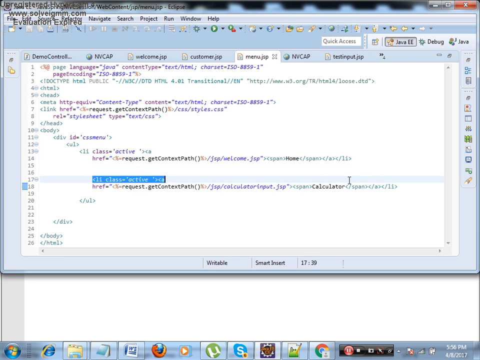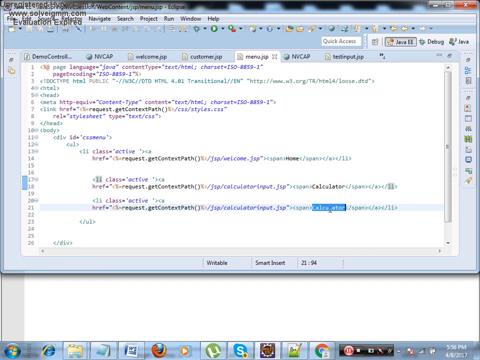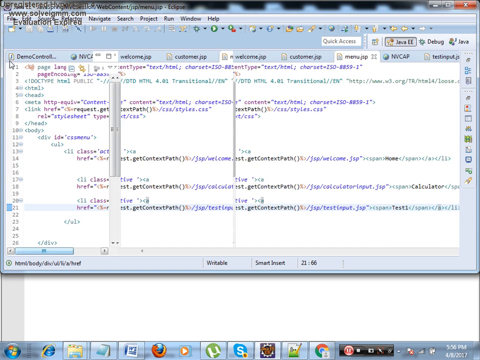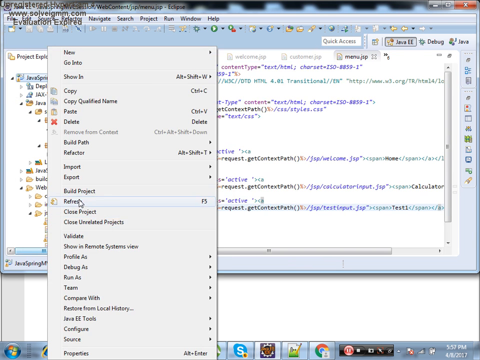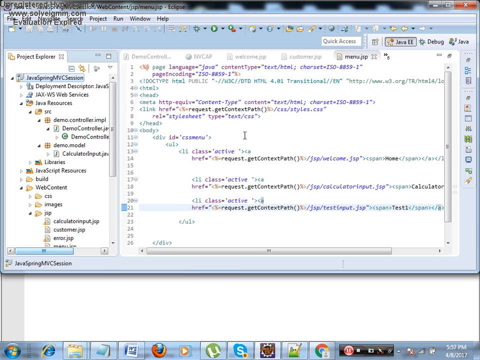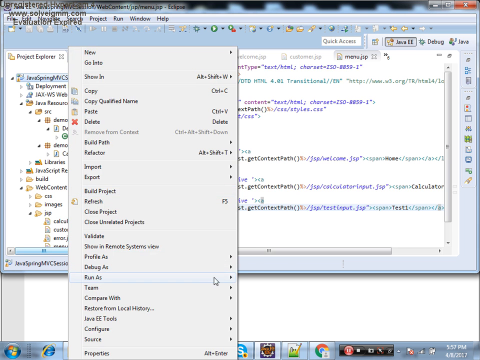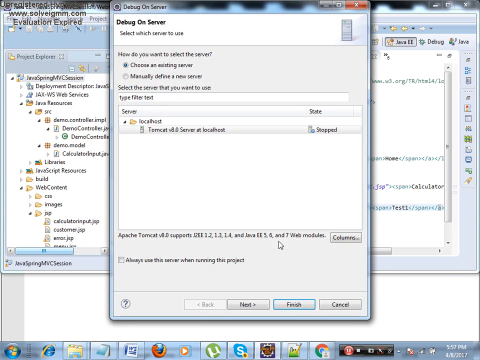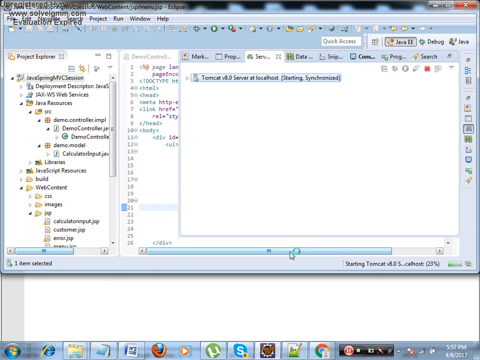Therefore I will create a menu also for that. Test1, test input.jsp. Right click, debug as, debug on server, finish.